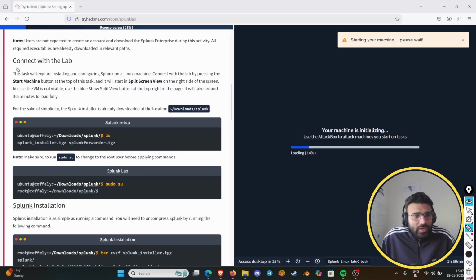The first step is to connect with the lab. This task will explore installing and configuring Splunk on a Linux machine. Connect with the lab by pressing the Start Machine button at the top of this task. We already did that. The split screen view will be started, and in this case, the VM is not visible. It will take around 3 to 5 minutes to load, so we are waiting until this